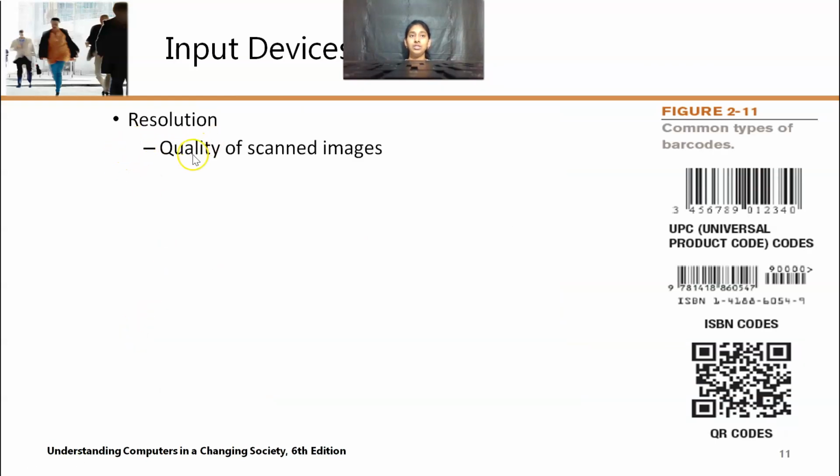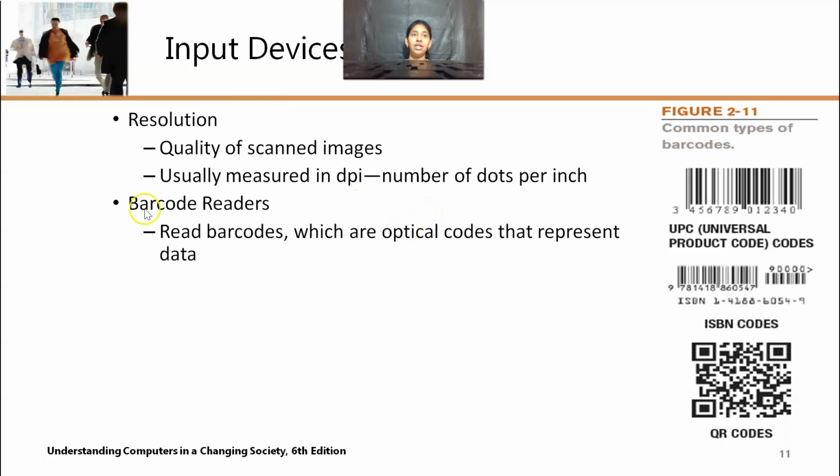The resolution is nothing but the quality of the scanned images. And the resolution is measured in DPI, which is dots per inch. And we have barcode readers. A barcode is data in the form of bars, and each bar differs in its width and height.